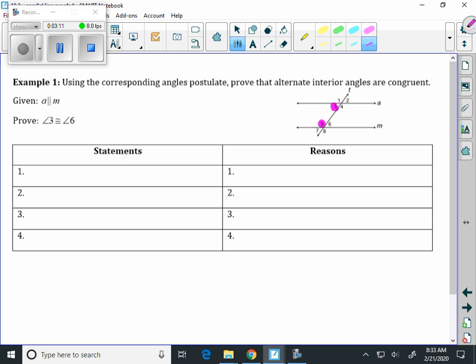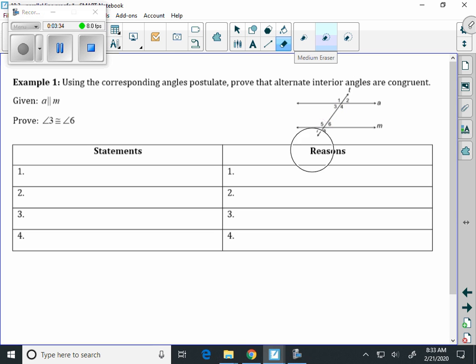They're in between the parallel lines, and they're to the left of the transversal. And if we add those two together, by the way, they would combine to be 180 degrees. The other option is 4 and 6. Those two are also same side interior. They're in between the parallel lines, and they're to the right